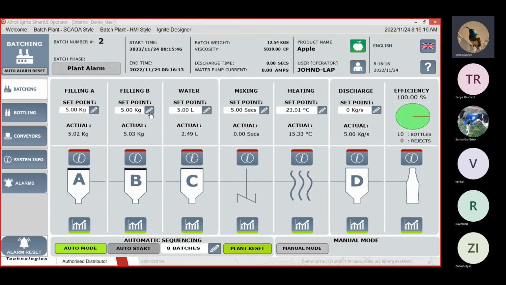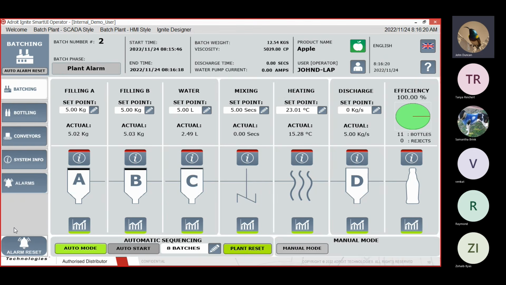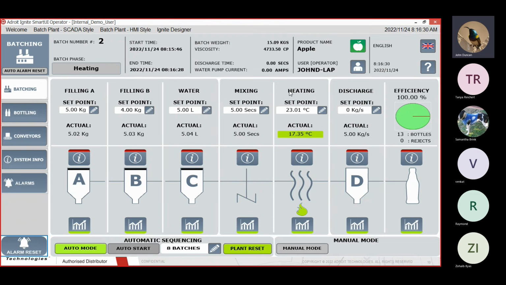And also from here, we can change set points. Change that one down to 4. We can reset the alarm. We can carry on with the plant. We can see basically things are happening here. We can have a look at the trend window, pop up little trends, etc. So from here as well, you can actually,